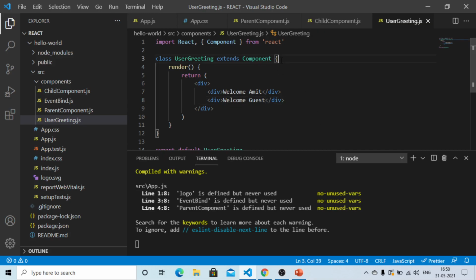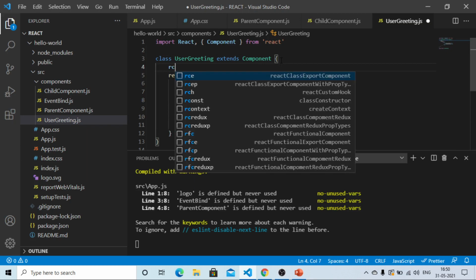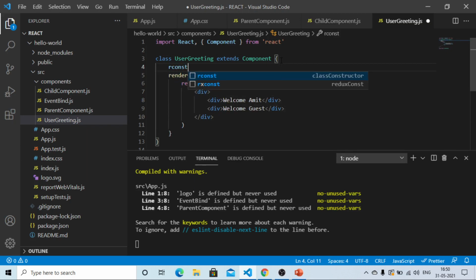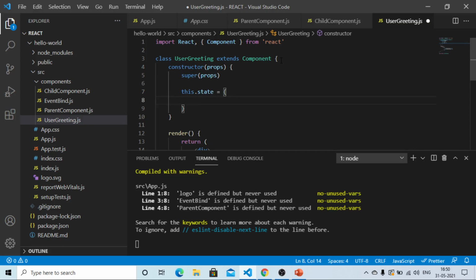So first of all, I am going with the rconst React snippet to create a constructor, and we will define a property of the state here named isLoggedIn, and the value will be false.